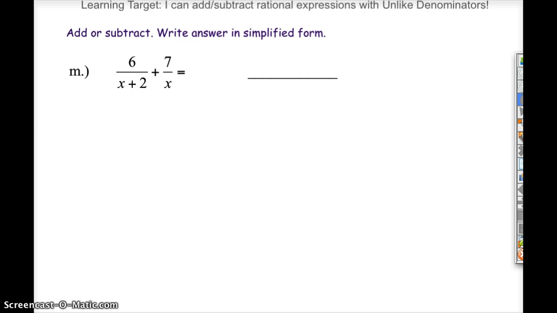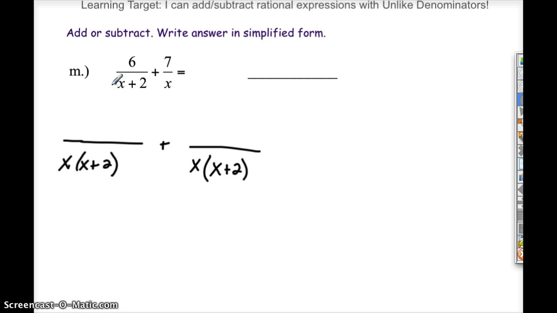All right. Let's look at this guy. So we've got a married x, an x plus 2, and we've got a single x. So one's married, one's single. I can't say that they share an x, okay? So what I need to do, that first fraction, you're stuck with x plus 2, but you can make it gain a single x. The second fraction, you're stuck with that single x and just make it gain x plus 2. Okay? So this first fraction had to gain an x, so that's what we're going to multiply on top